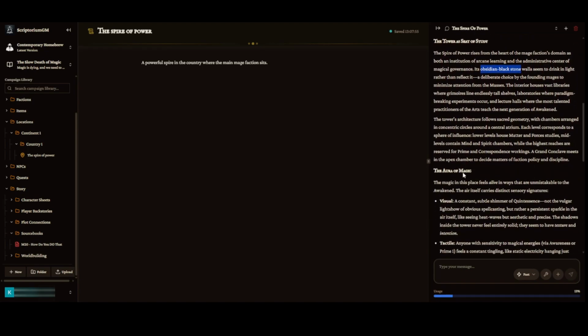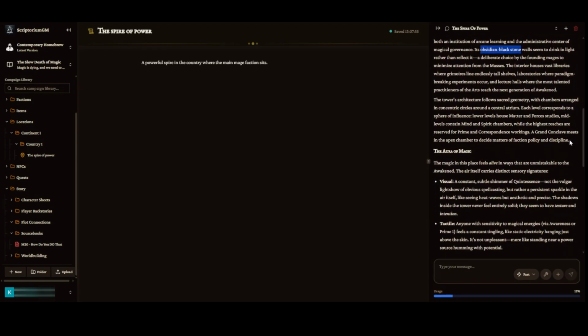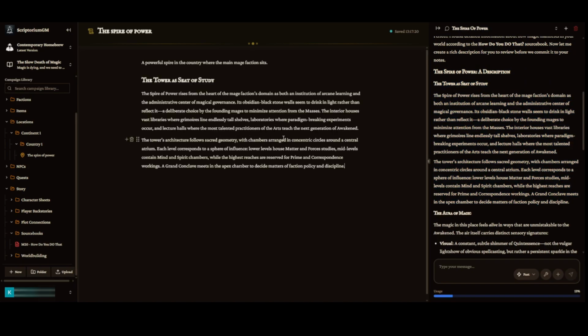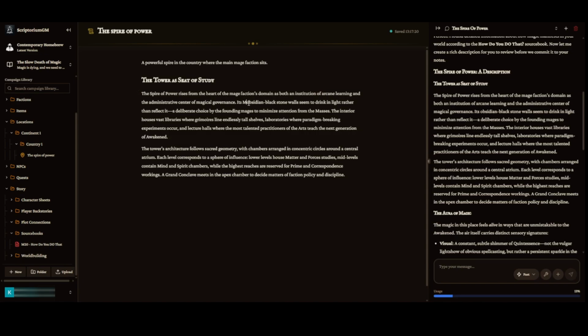In fact, let's take this section here and say, there you go. Just copy paste that in. And now I have complete control, right? What it says here, I can change as much as I would like to. So instead of obsidian black, let's go with something more marbled with blue tendrils. The obsidian blackstone walls seem to drink in light. There you go. I've made not a significant change to the note, but now whenever I refer to the Spire